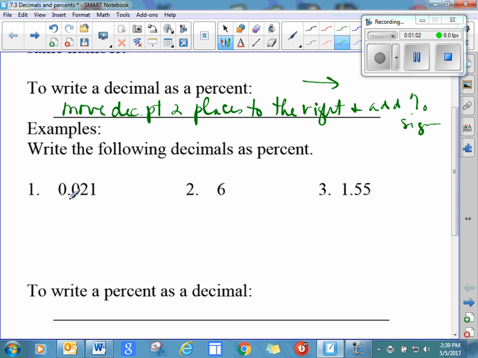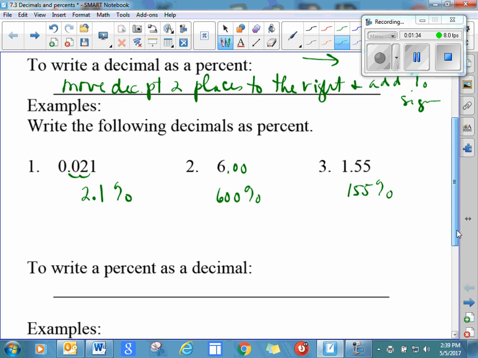Find the decimal point. There it is. Move it 2 places to the right. There's 1, 2. Stop. Put your decimal point and add a percent sign. This one, you have to do the imaginary decimal point. Find it. Move it 2 places to the right. And 6 is the same thing as 600%. 1.55. Move your decimal point 2 places to the right, and you get